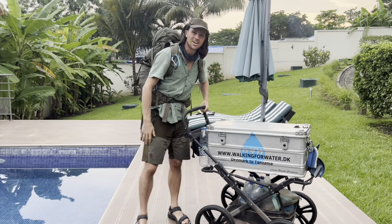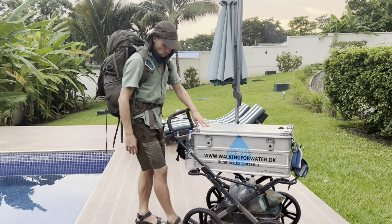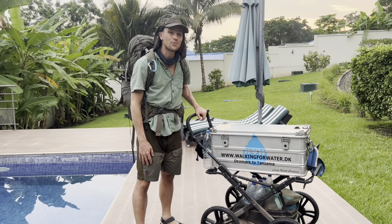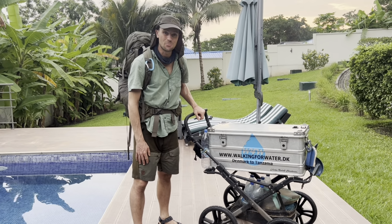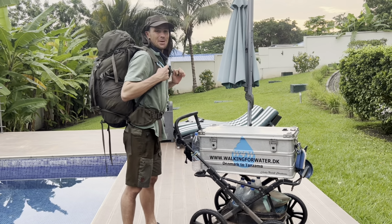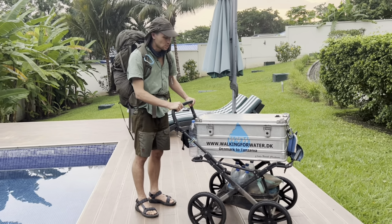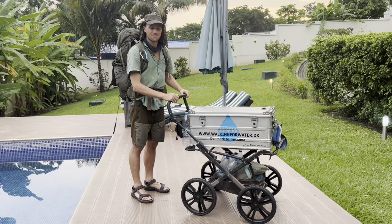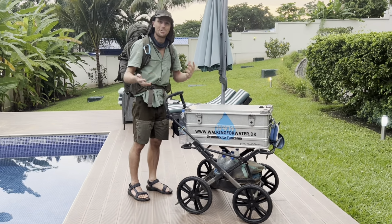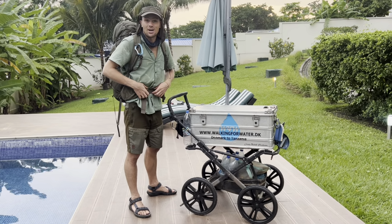Hey guys, I wanted to show you how I'm packing my mule. For the ones who don't know, I have been walking about 14,450 kilometers from Denmark to Congo, and on the way I'm not only carrying my backpack, I'm also pushing this children carriage with an aluminium box on it, and I just want to go through my equipment. So if someone is planning a long hike themselves, maybe you can get inspired by how I have chosen